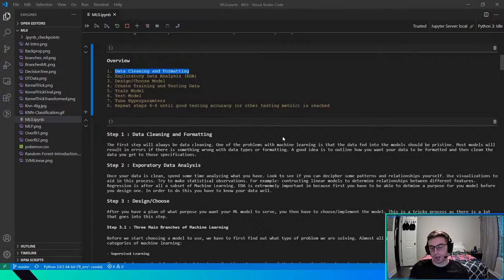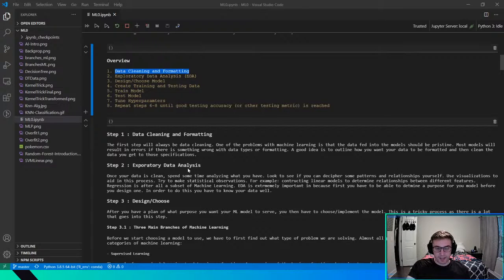Another example would be financial records, right? And there are a lot of weird input errors, that kind of stuff. You want to remove those as well. You can't have, I don't know, a negative reported income, right? So you want to remove outliers, remove things that just don't make any sense. There are a lot of examples of things you want to do. If you want a better idea for specific things like text editing or image recognition, definitely Google them online. But yeah, that's the first step, data cleaning and formatting, getting your data into a workable space.